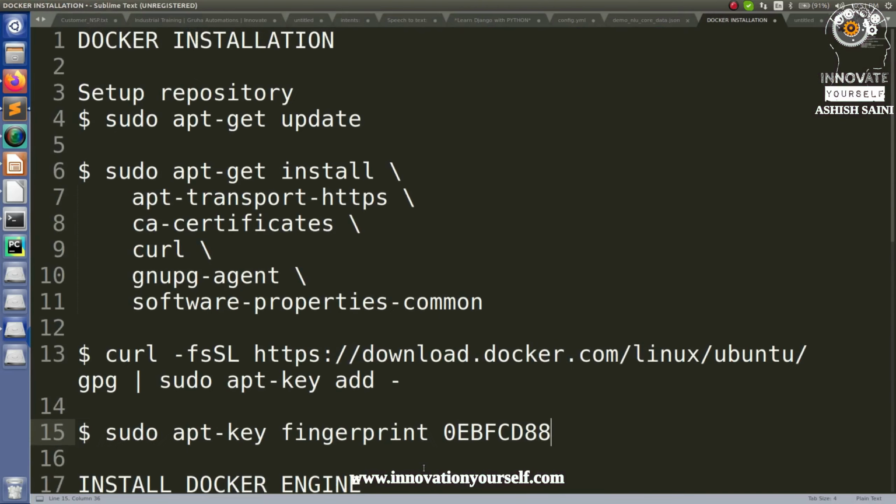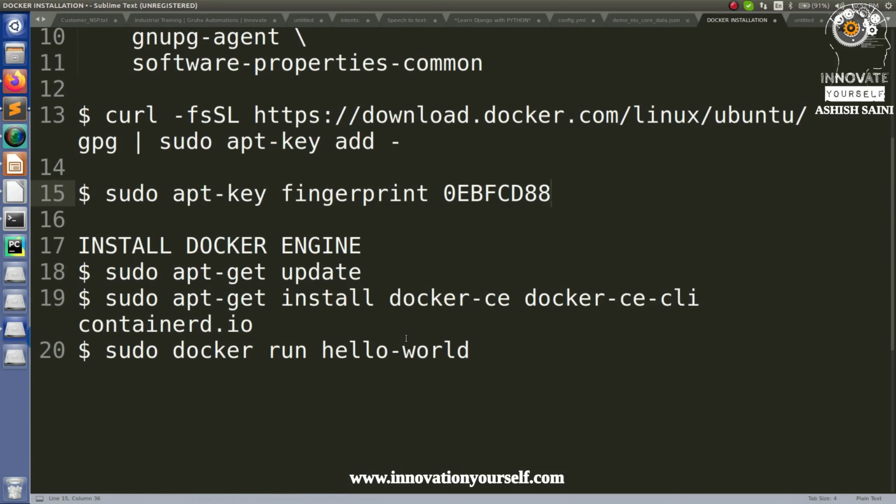And right now you have set up the repository, or let's say you have set up the Docker repository. Now you can move ahead and install Docker Engine onto your machine, so that you can use Docker to further run your different queries, or create a container and set up your project completely in that Docker container. So this is all that we have to do. So the first step is complete. Now it's about the next step.